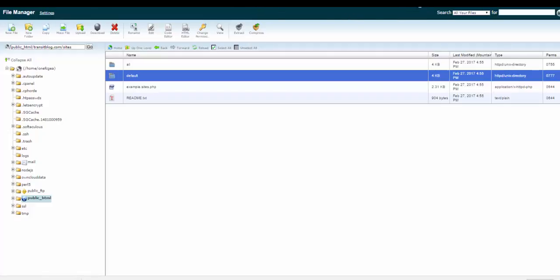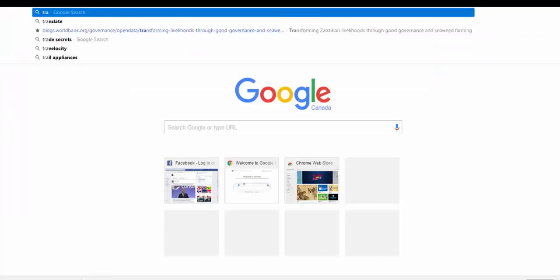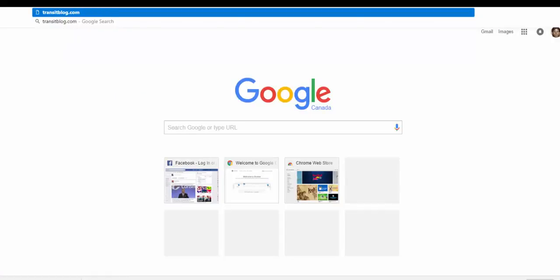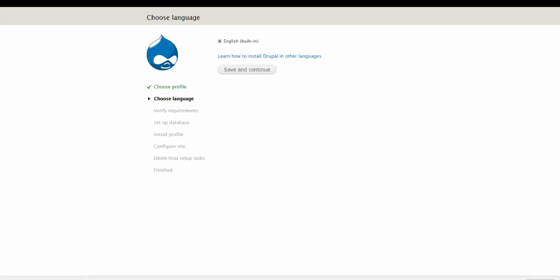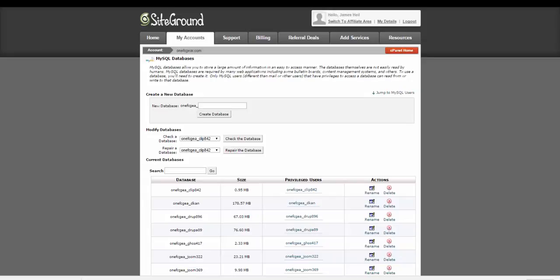And let's see where we're at with that. I will type in my website name, and we'll see that the installation is ready to go, but we do need to create a database first. So I'm going to go back to my cPanel hosting. I'm going to create a database,